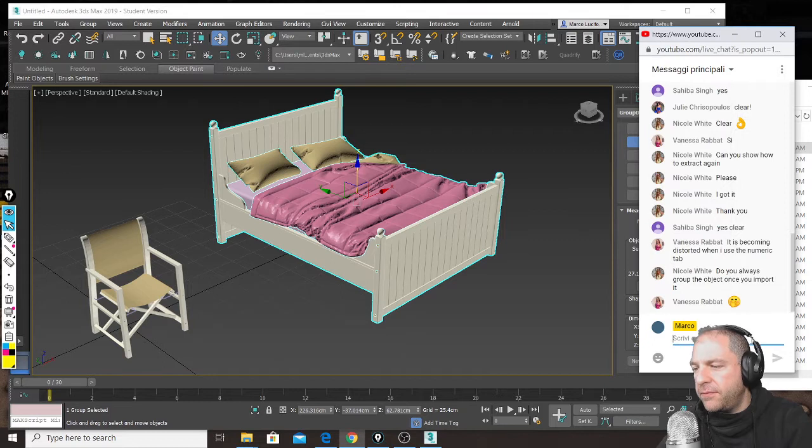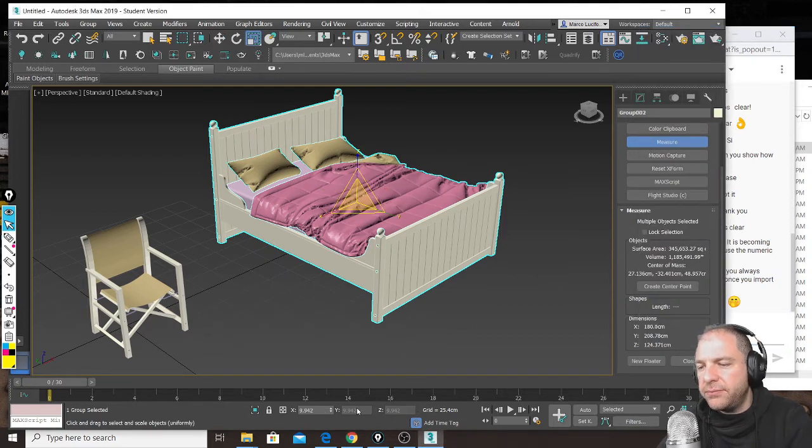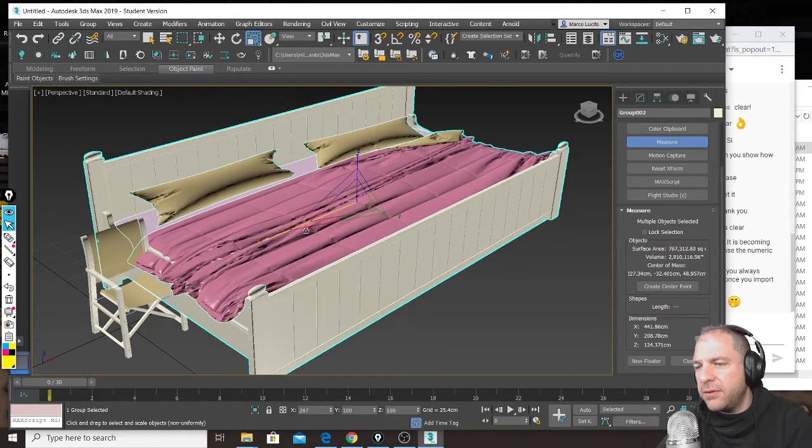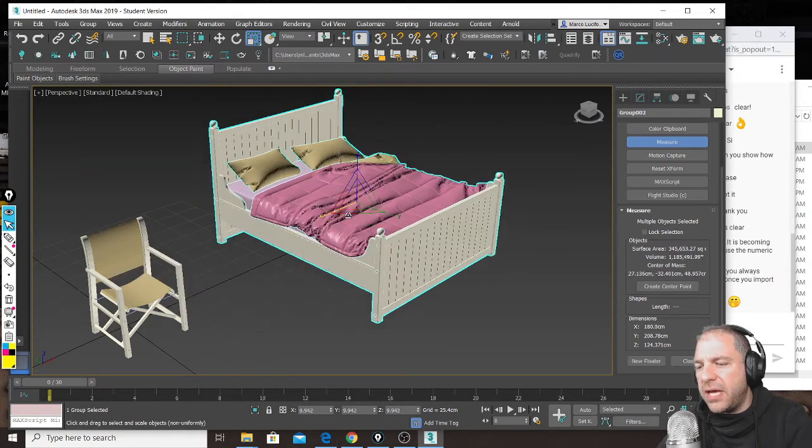Okay? Vanessa says it is becoming distorted. It is impossible, because if you click scale, only if you do this it will be distorted. So if you drag one axis,